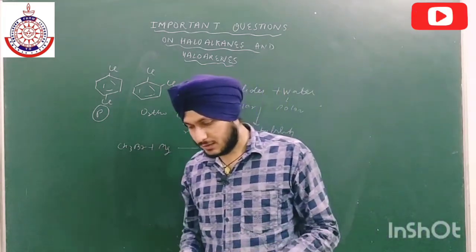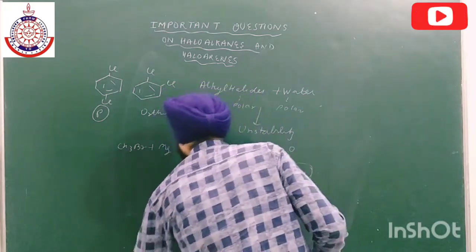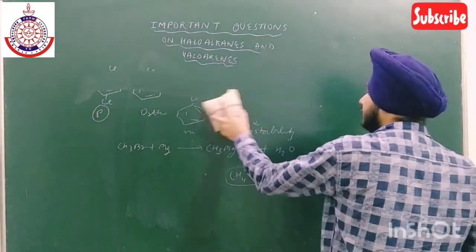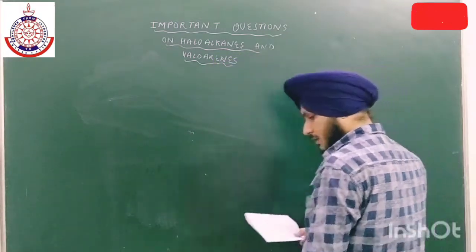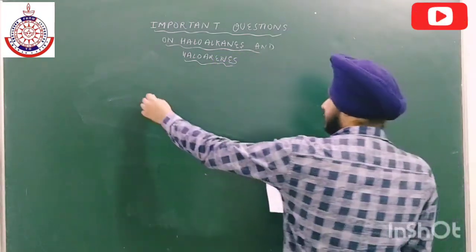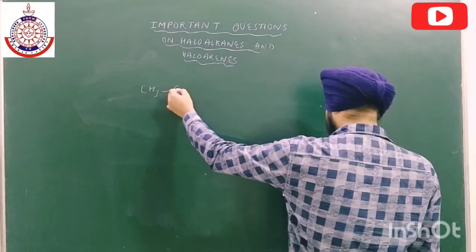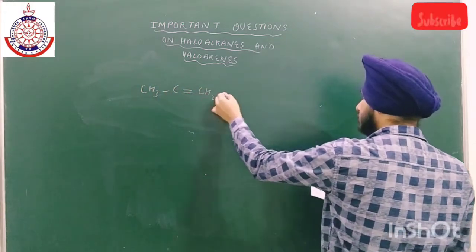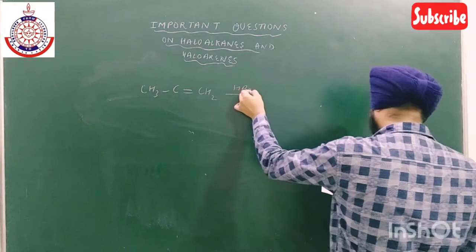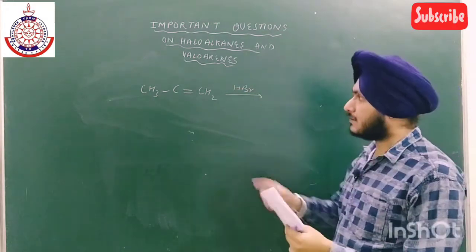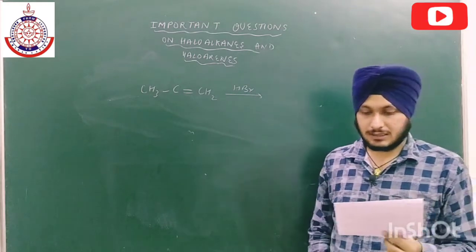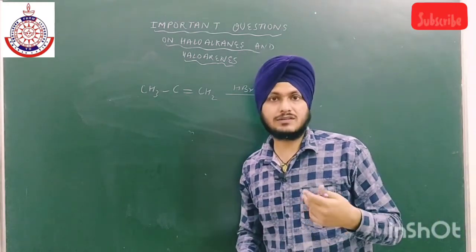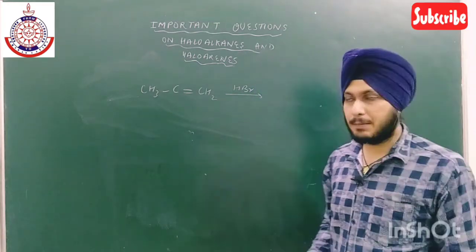Let's move on to the next question. Now it is a conversion. It is a reaction. We have to complete the reaction. So the reaction is CH3 C double bond CH2 reacted with HBr, and the previous question on para dichloropentene was asked by CBSE in 2013, and it is also a question of the CBSE 2016 sample paper.